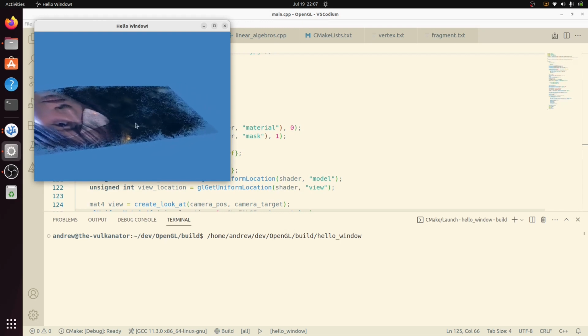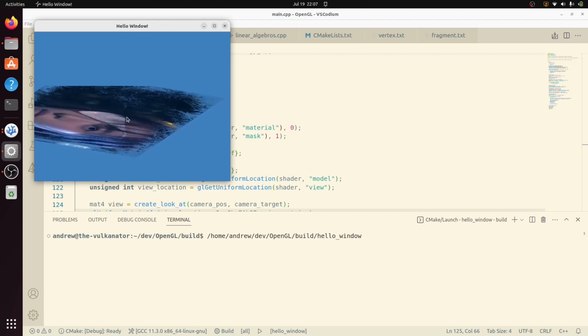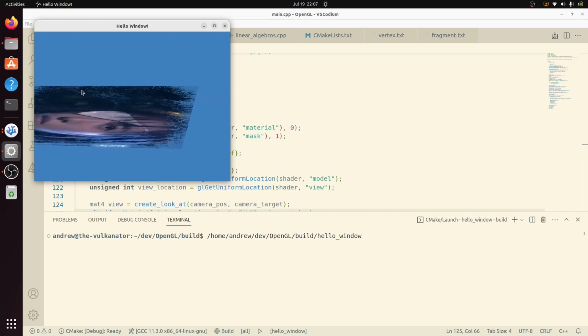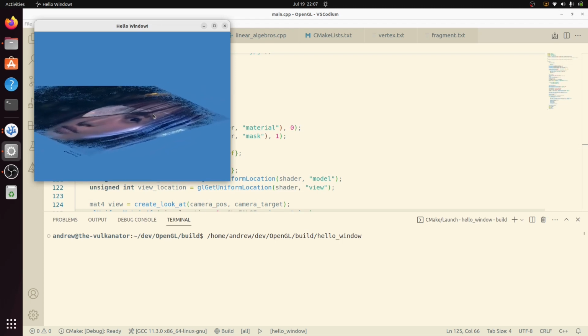Yeah, and so, okay, if it wasn't for the translation, it wouldn't be shifted to the right. So yeah, and that's correct. It is clipping it off a little bit, but that's for the next section. Alrighty, cool. Okay, so that's great and all, but you may have noticed that some of that quad was being